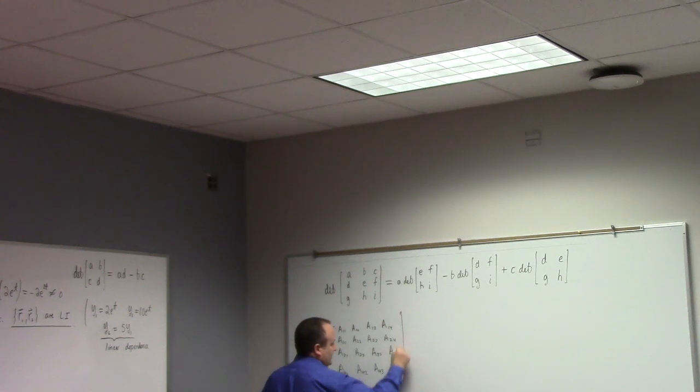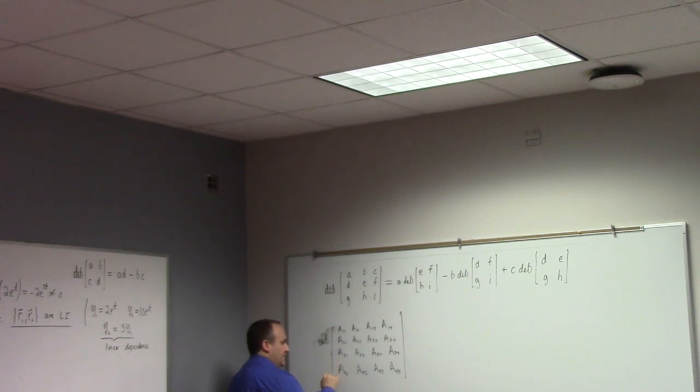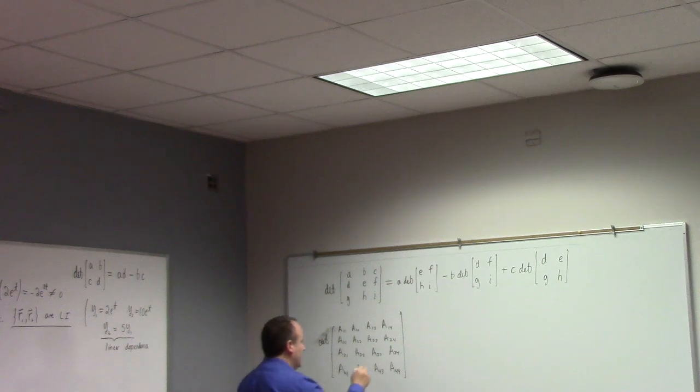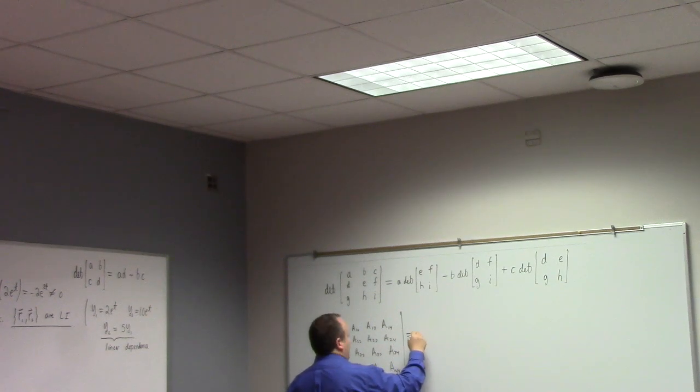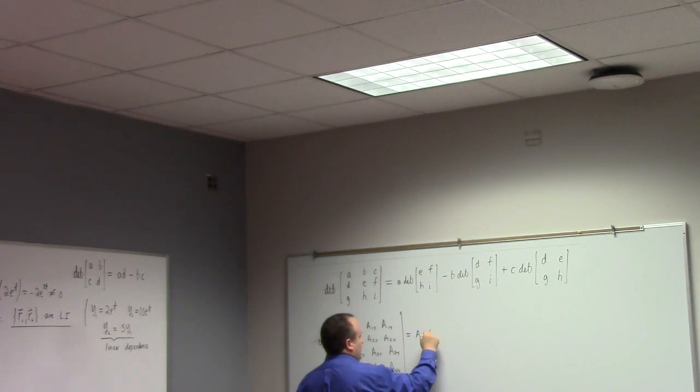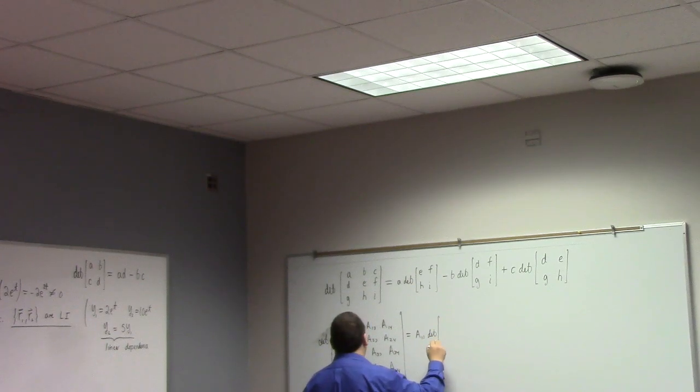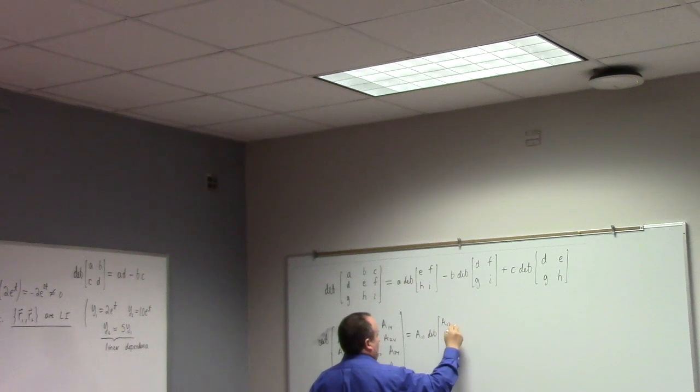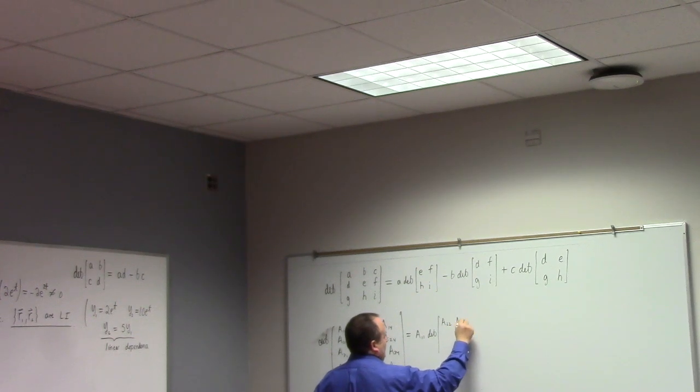I'm starting to regret this. All right. So this is a 4 by 4 matrix. The determinant is A11 times the determinant of